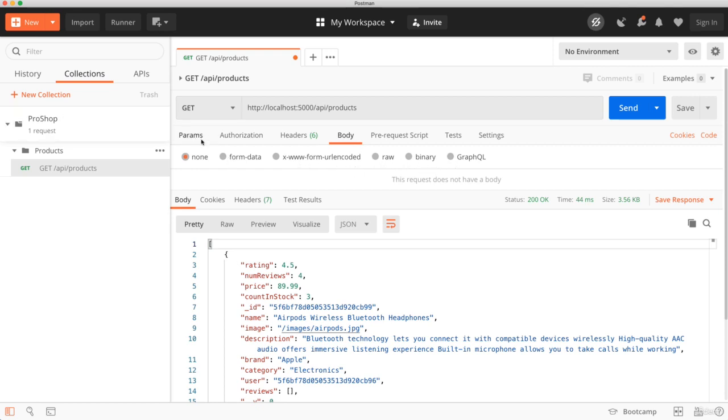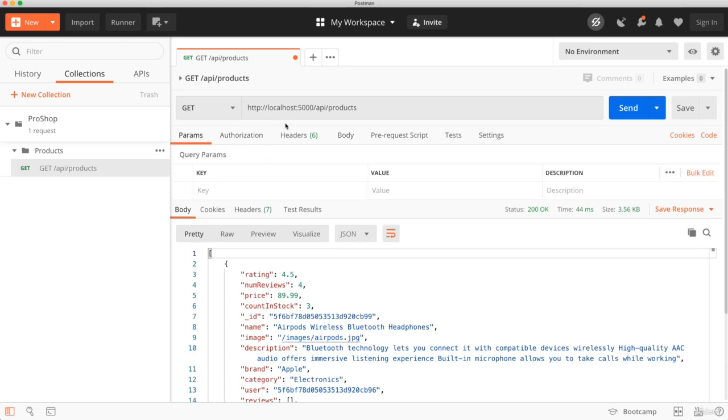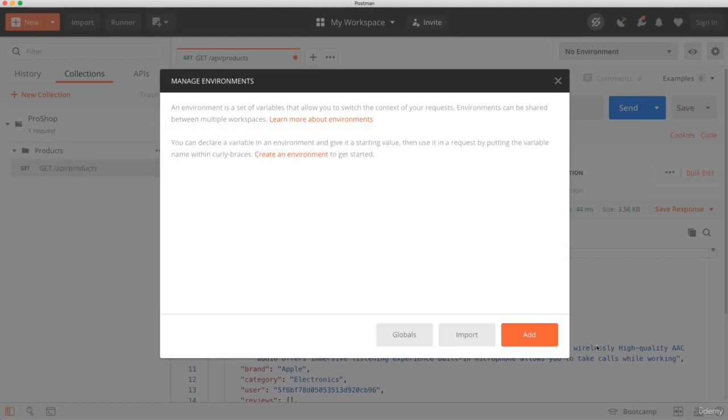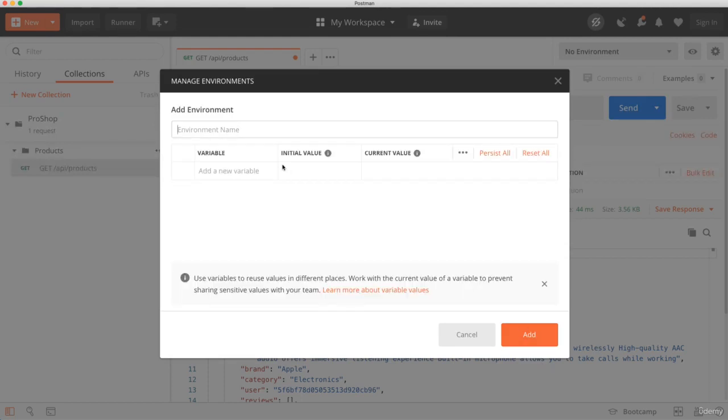If we want to send data in the body as form data or raw JSON, we can do that as well. Now, one thing I'd like to do is for this localhost 5000, so we don't have to keep putting this in, I want to create an environment variable. So up here you can see it says no environment. I'm going to go ahead and click on this, and I'm sorry, not that, the settings right here, and click add, and I'm going to call this ProShop